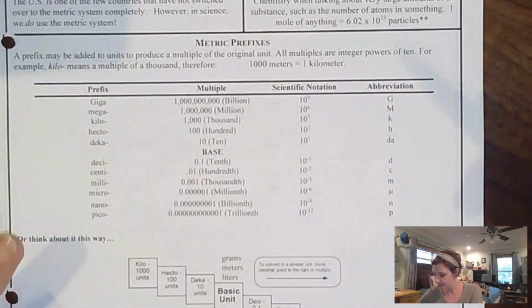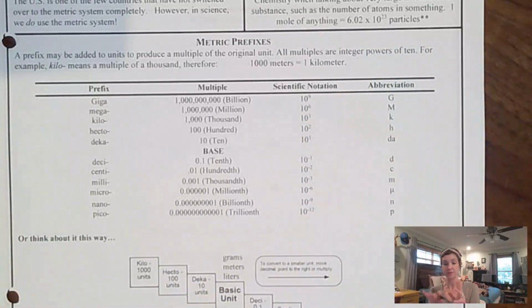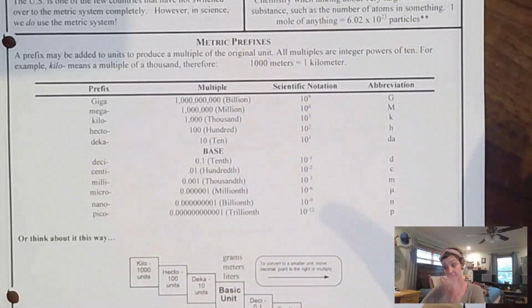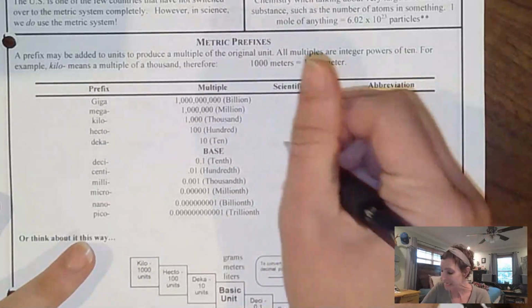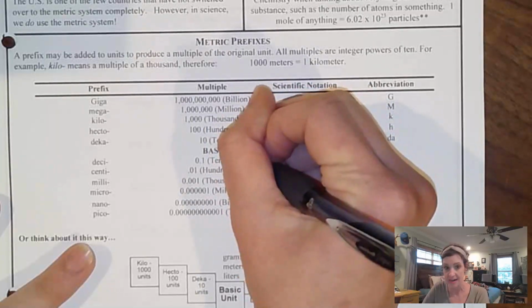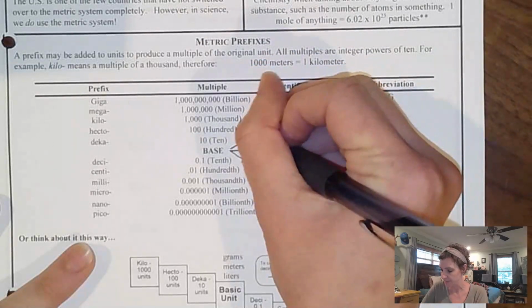Now, I look at this chart. You will go online and search for the metric system, and you will see a bunch of different charts that try to help kids convert back and forth. And I don't know about y'all, I look at this and I'm like, that is a lot of numbers and a lot of little exponents, and I'm already confused. We're going to break it down in an easier way. But the main thing here is I want y'all to see that the base is right there. And remember, we have our special base units, for example grams,